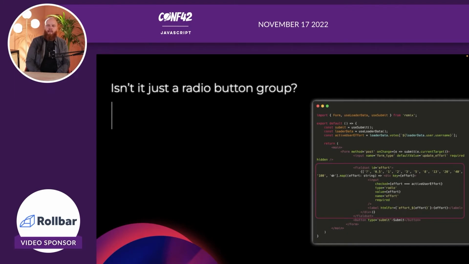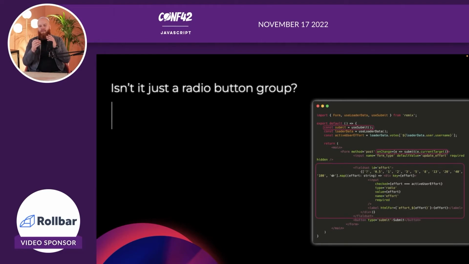We can use something that's called useSubmit. And this is something by Remix where you can basically say, okay, I want you to submit this form now, and I want it to be submitted to the normal action that you would otherwise. So here I add an onChange handler to this little form where I say, when something changes, just submit it to the backend, or to the action rather. And note that we don't preventDefault because we want the default, we just want to submit this thing.